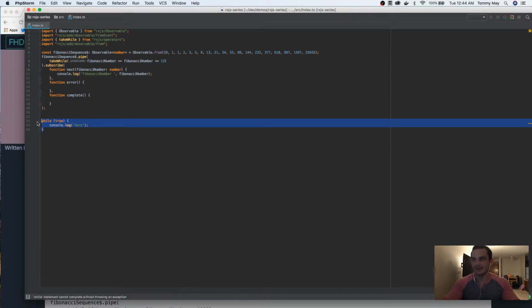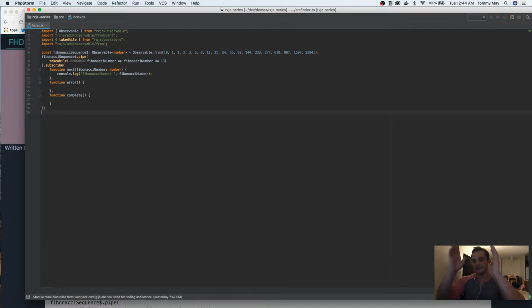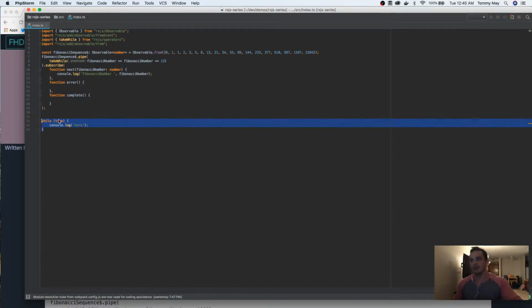I don't recommend running that. But that's the premise, right? You have a body of code that you want to execute while a condition is true. And as soon as this returns false, your loop is done. And at its core, takeWhile in RxJS is the same thing. So let's look. In our example, we have the Fibonacci sequence, and